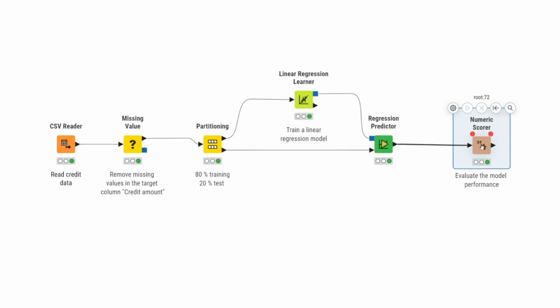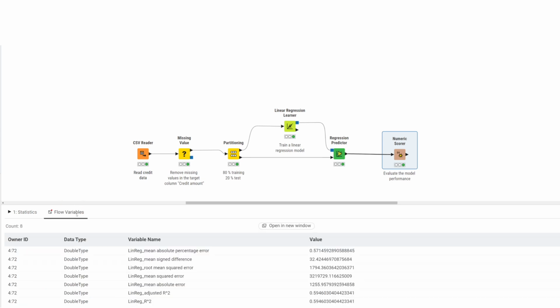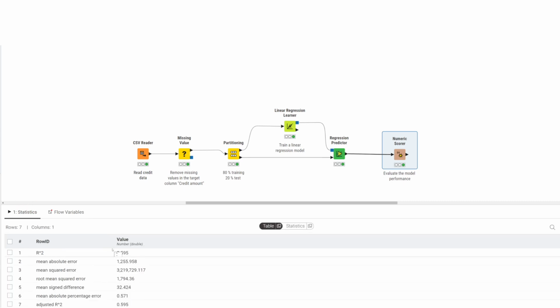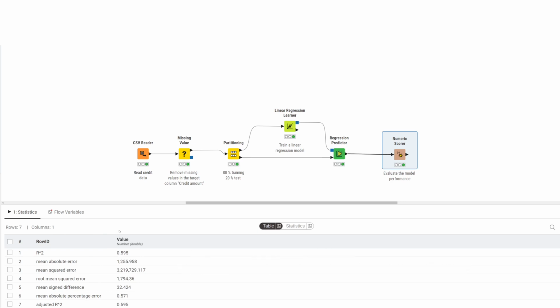The evaluation metrics are shown in the output table, and the same metrics are available as flow variables in the Flow Variables tab. The first metric is R-squared, which is about 0.6 in this case, indicating that other credit data explain about 60% of the variation in the credit amount in the linear regression model. Other metrics in this table tell us about the size and the direction of the error. Mean absolute error. The average absolute error between the actual value and the predicted value is